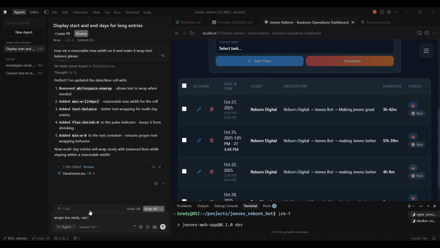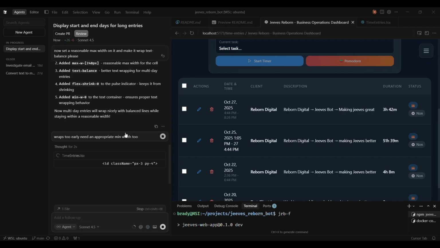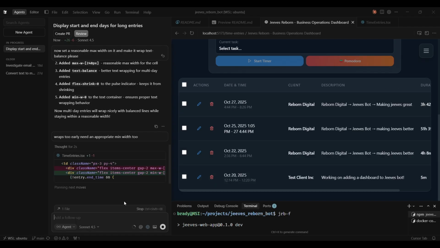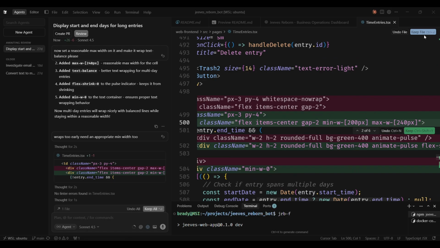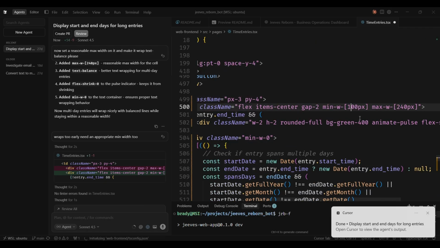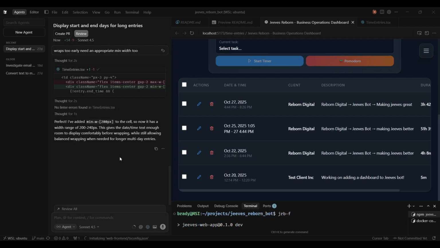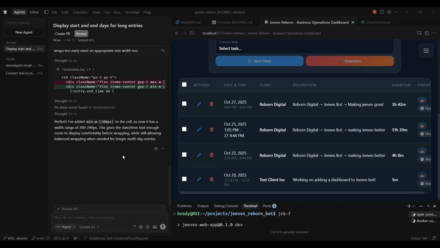Honestly, I should have just hopped into the code immediately, because there is obviously a certain point where we still need to just hop into the code and provide a sensible value. The LLM just doesn't really know all the time. So as you can see here, its min width is trying to set it to 200 pixels, but that's fairly large. So I set it to 100 here,